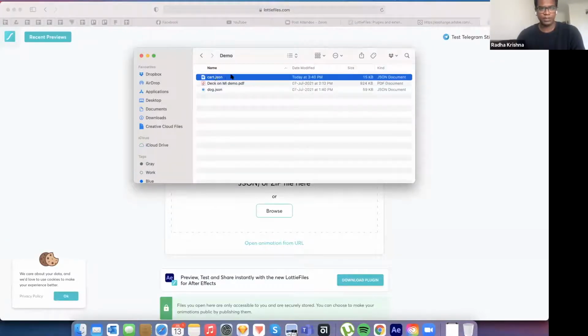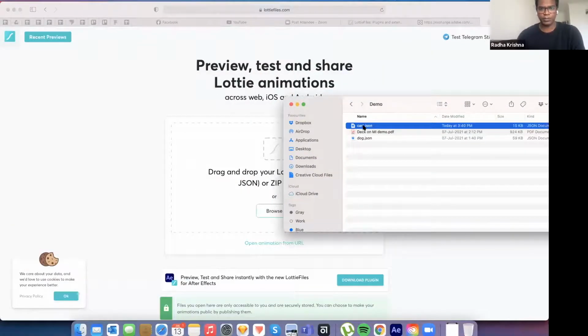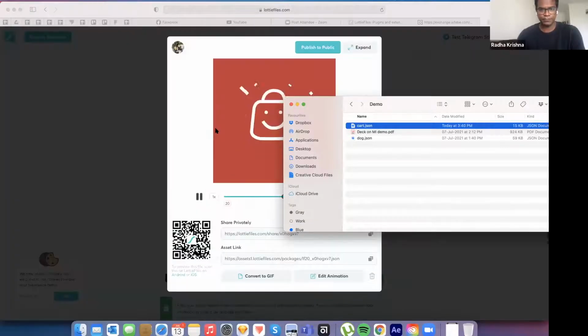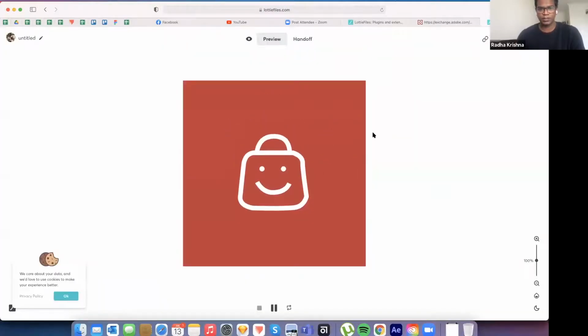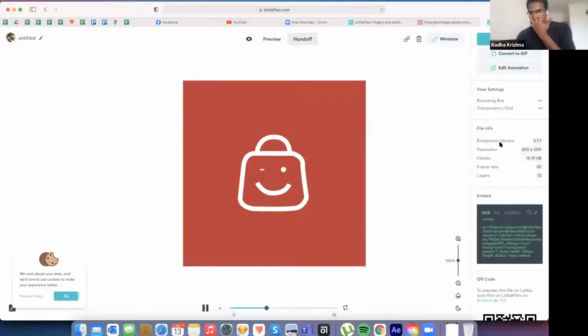you have the JSON file, it's already produced. And what we do is simply drag and drop. Okay, it will look, don't worry, just expand it. Now you see this is the animation, you're getting it. So the cool part about previewing with LottieFile is, in case there is minor tweaks, you can always go to handoff, and you can go to edit animation,